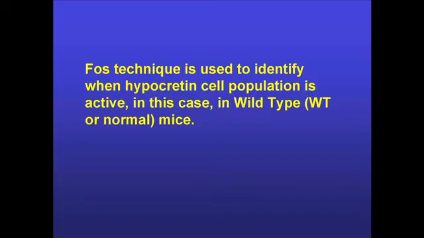So there's another technique that we've used, which is called immunohistochemistry. It's a way of looking at the brain of an animal that has been in a task and seeing which cells have been active during that task. So this is done in the normal mice, the wild type mice. And what we see,